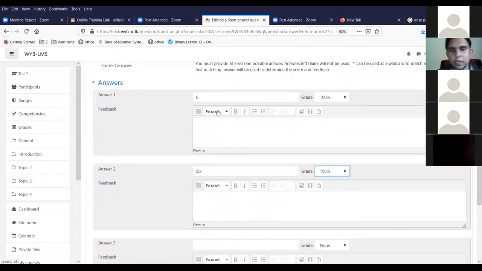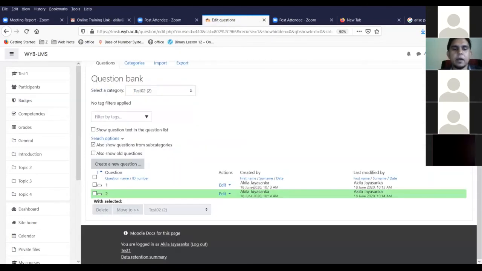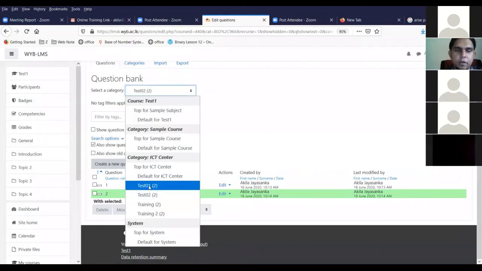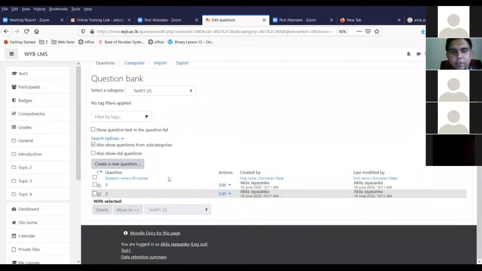In short answers, it's better to give multiple answers like this one, because students may type the answer in several formats. So save changes. Right, so I have created two question banks, one is test 02 and the other one is test 01. Both the question banks have two questions.